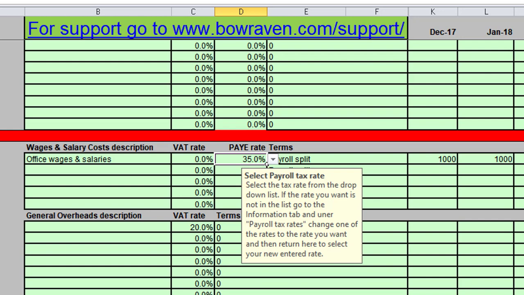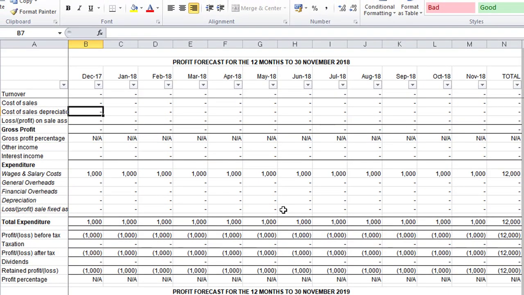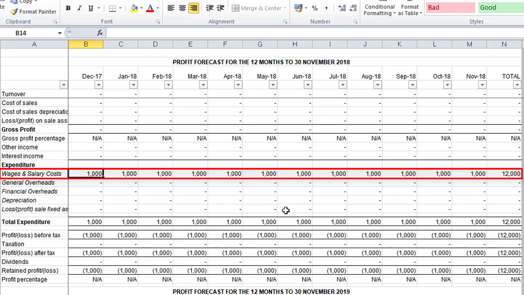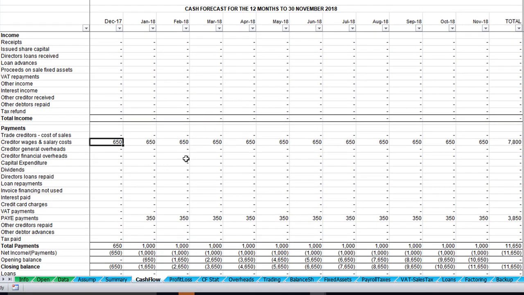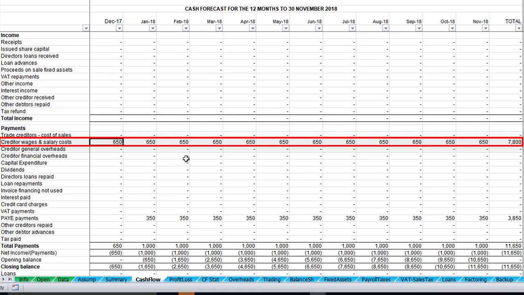So let's have a look at how that affects the profit and loss account and cash flow forecast. On the forecast profit and loss account, the total cost in the month is included because that's when it was incurred. So in December 2017 we can see £1,000 in wages and salaries costs. However, on the cash flow forecast this is slightly different. So in December we have £650, which is the net, or in this case when we selected the 35%. So 65% of the £1,000, or £650, and that's paid in the month it's incurred,